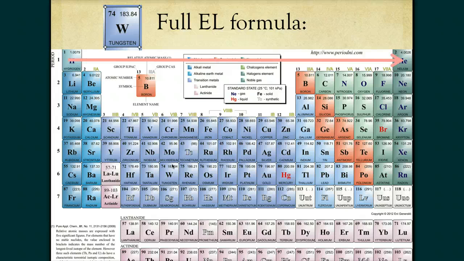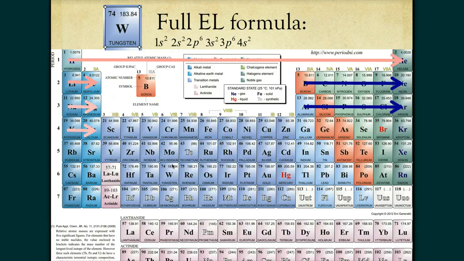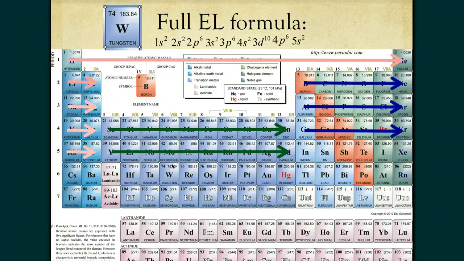So our first one is 1s2, 2s2, 2p6, 3s2, 3p6, 4s2. Then we start glitching. We have 3d10 and back to 4p6, all of it is taken. Then we have 5s2, again a glitch, we have 4d10, and then we have again back to 5p6,